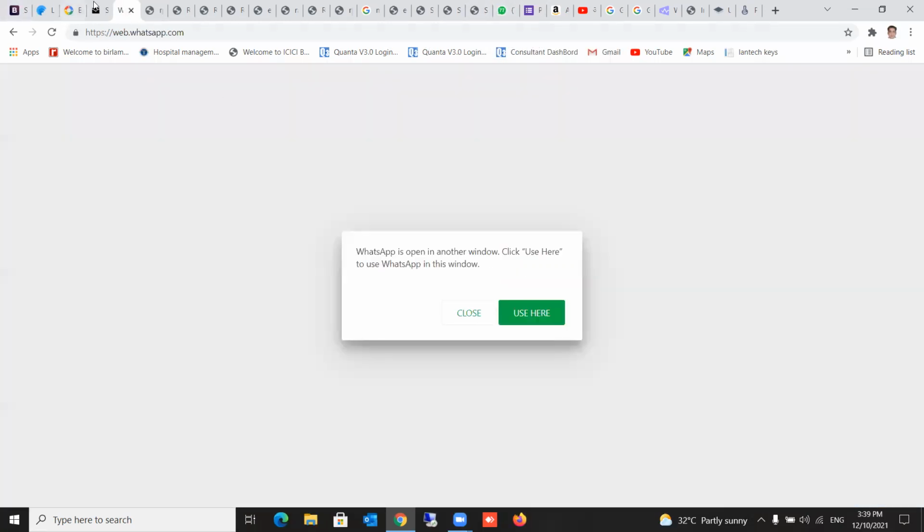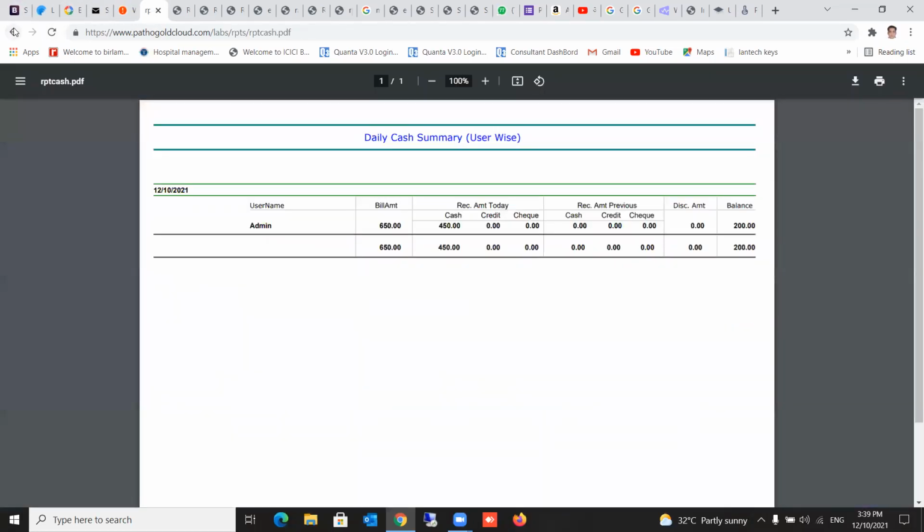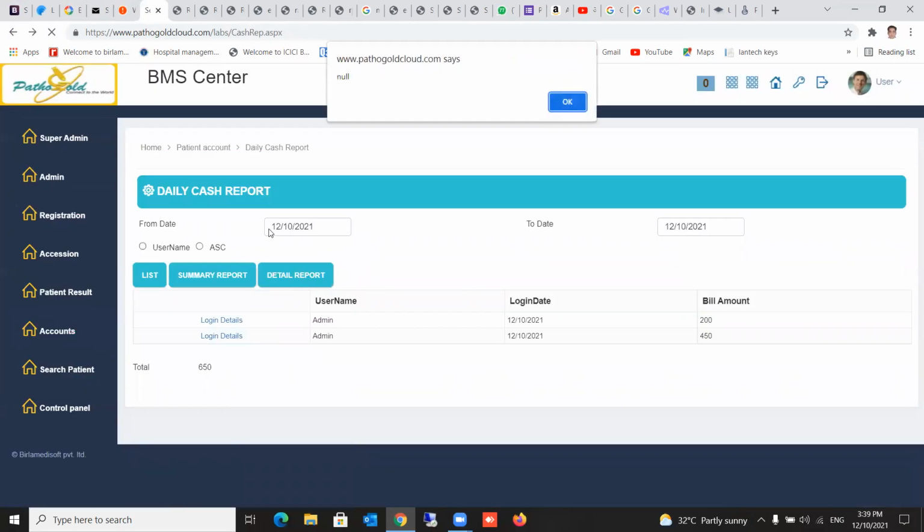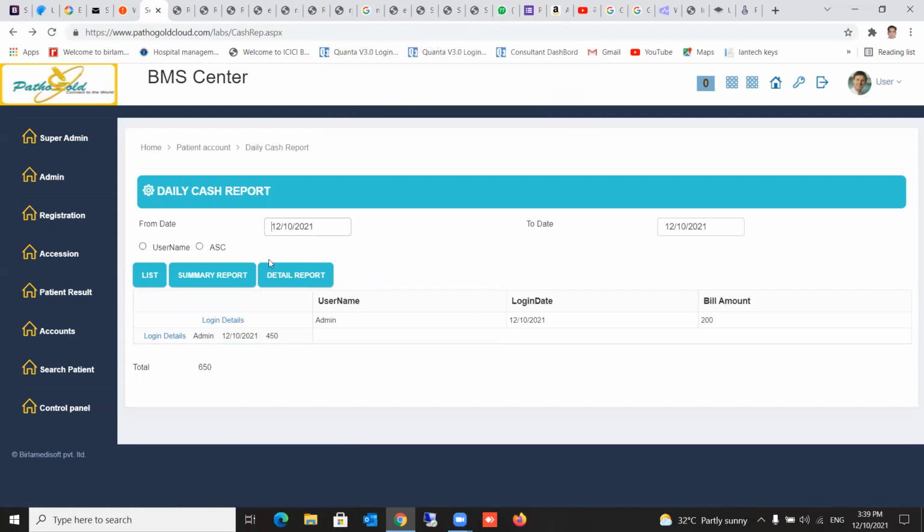Once you go here, you can select the date range. Let's say you select the 01 and then today's date, then it is going to come. So let's say you want to see this month completely.